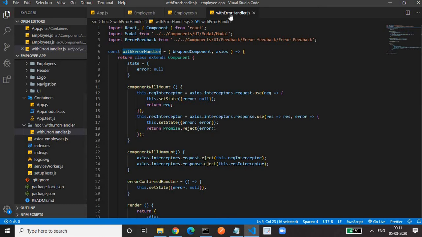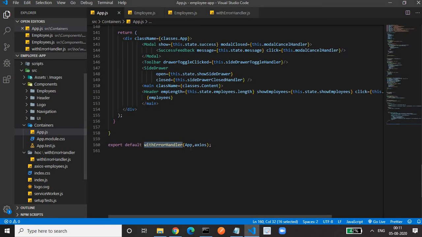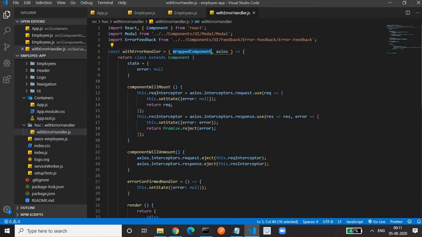The withErrorHandler component is a functional component which receives at least one parameter. So the wrapped component is mandatory. It will receive the wrapped component parameter, which is the component it is wrapping. Currently it is wrapping the app component. So this wrapped component contains app, and this is axios.